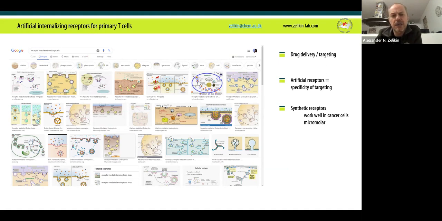Why do we need that? Again, I do not hold any copyrights for any of these images. I just typed receptor-mediated endocytosis, and you will see all the images that come up. This is because